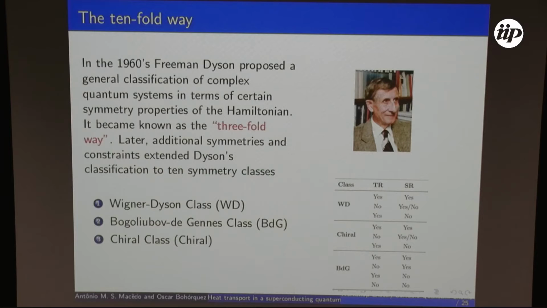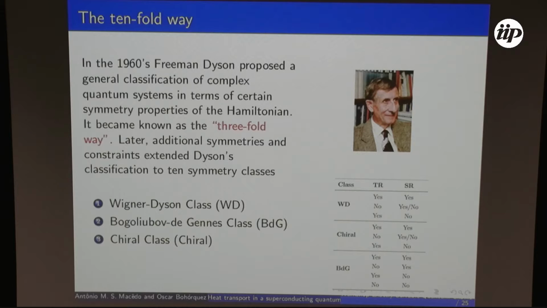Okay, let's start from the beginning. If you want to solve a problem such as this, the first thing you have to do is find out which symmetries are going to be important in order to formulate the problem in a controllable way. Freeman Dyson gave us a complete classification of complex quantum systems that includes the quantum chaotic billiards that I have shown you before. It involves this threefold way.